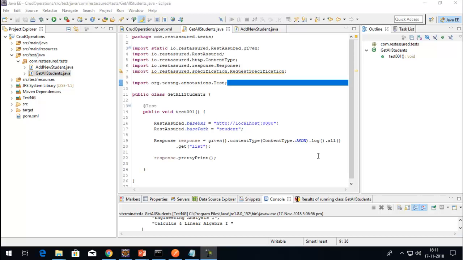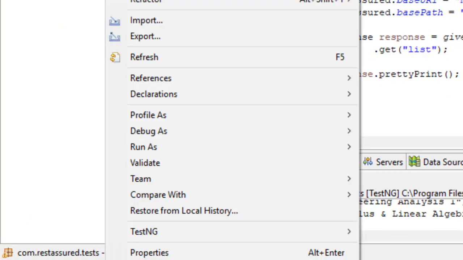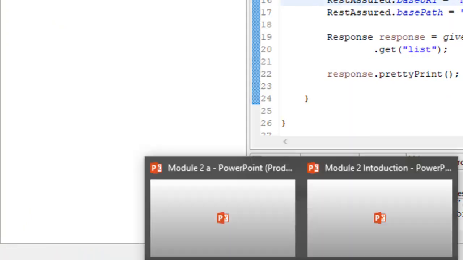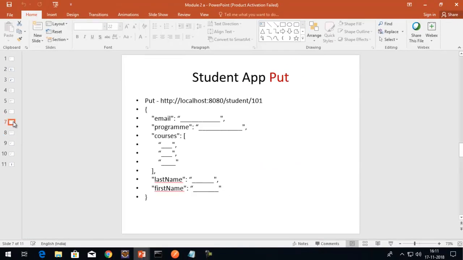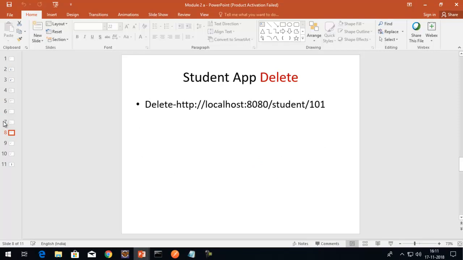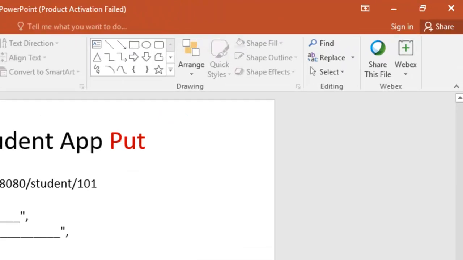Okay, so we just saw how the GET and POST HTTP methods, or the CRUD operations create and retrieve, work with REST Assured. Now we will see how PUT, PATCH and DELETE work. First let me tell you one thing: PUT and PATCH are both update operations. They work differently, I'll talk about it in a bit, but both of these are used to update a